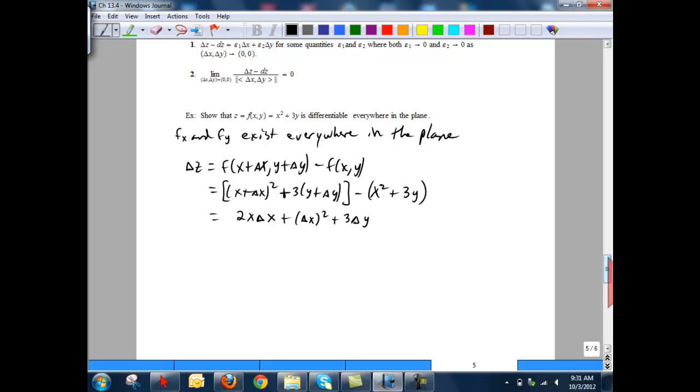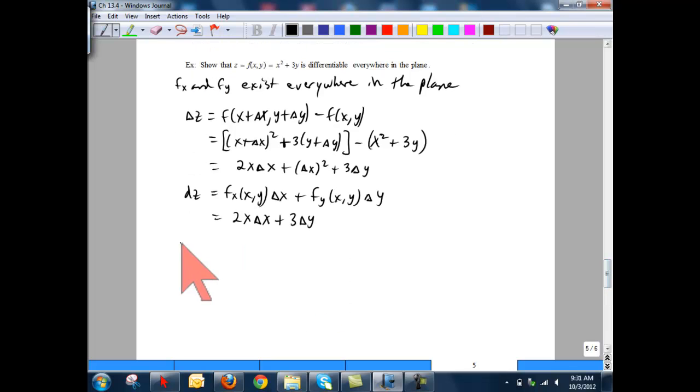Okay, that's delta z. How about dz? Well, that's the partial derivative of f with respect to x times delta x plus the partial derivative with respect to y times delta y. And that is 2x delta x plus 3 delta y. So now I'm supposed to talk about delta z minus dz. If I take the difference, 2 out of the 3 terms cancel, and all I'm left with is the quantity